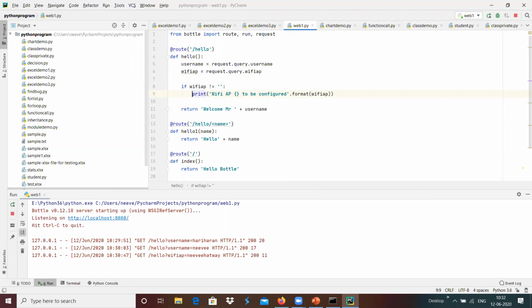Maybe I can add that into the return string.